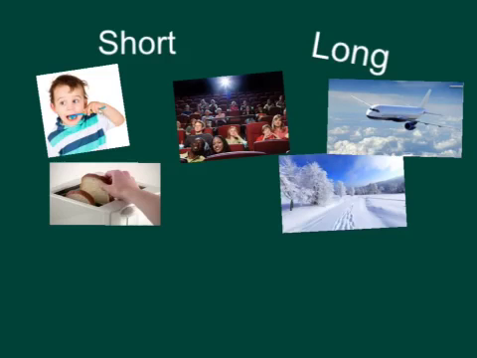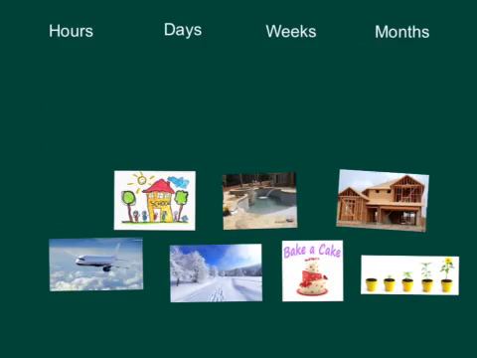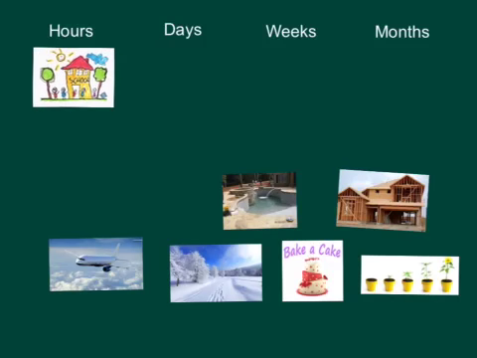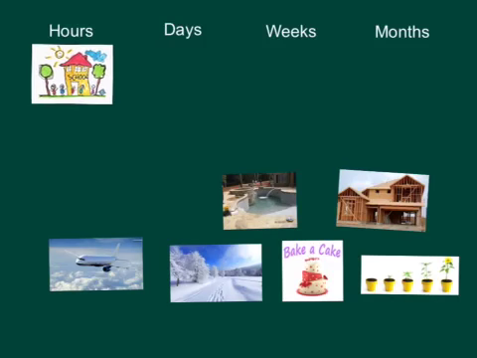Okay, now we're going to go a little bit deeper and we're going to look at these things that we do and we're going to describe how long they take, so the duration of them, using that language of hours, weeks or months. Okay, let's get started. Okay, so you can see I've put a few new ones in as well. So this one here is a day at school. Would we describe that with hours, days, weeks or months? So a day at school. That's right, a day at school is 5 or 6 hours, so it would fit under hours.